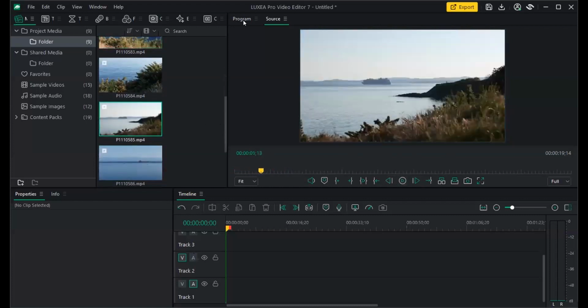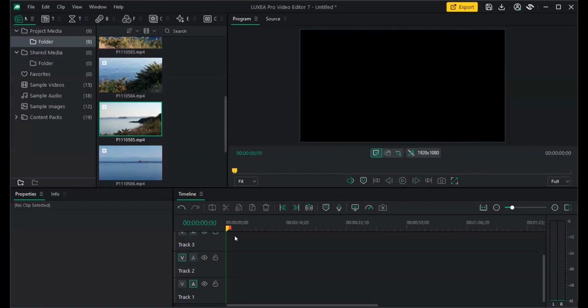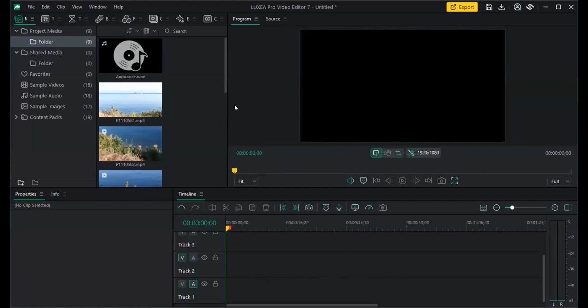And when you click on program, you will see whatever the timeline is, whatever you are editing in that moment. A new way to import footage from your media library into the timeline, thanks to the source tab, is